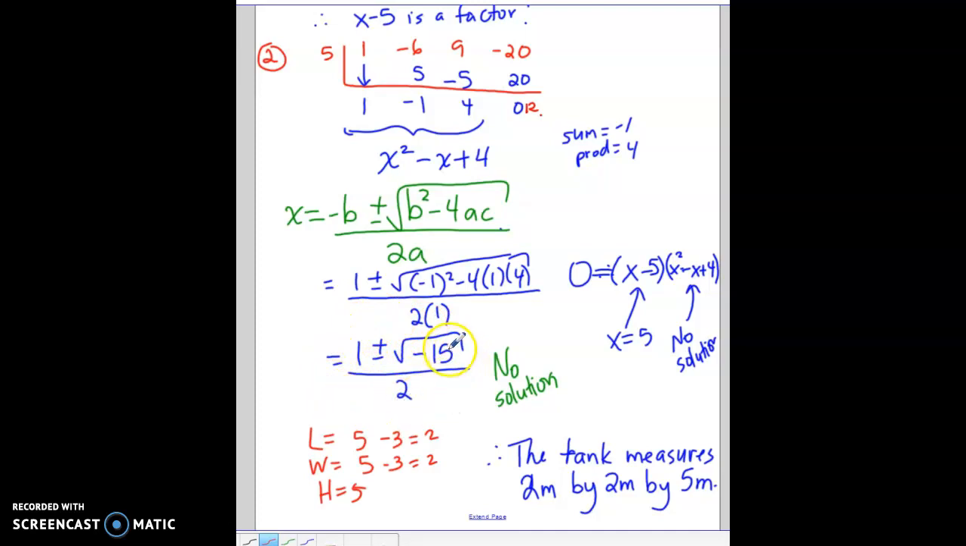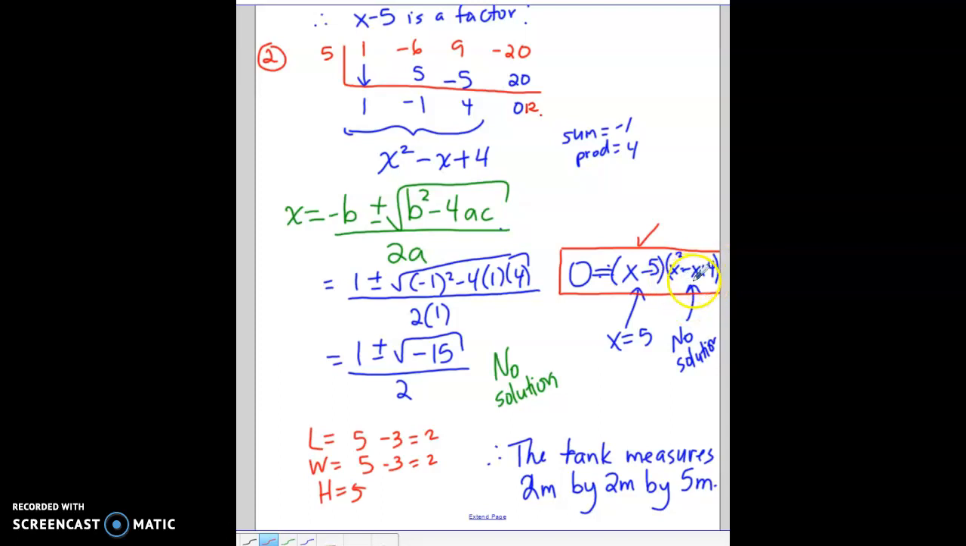This expression cannot be solved. So there's no solution with the quadratic. And so my final expression shows, this is really important, that the original cubic function can be written as 0 equals x minus 5, which is my first factor, and then x squared minus x plus 4, which is from the synthetic division